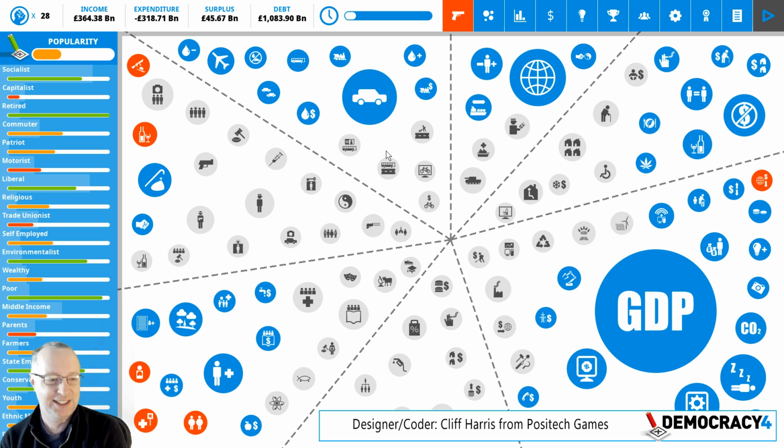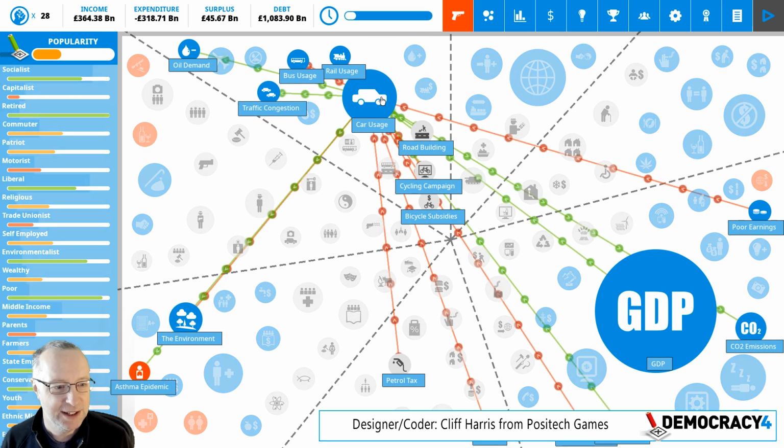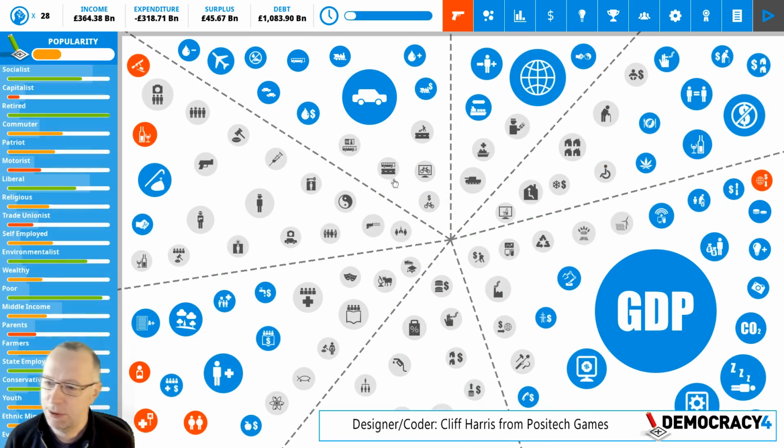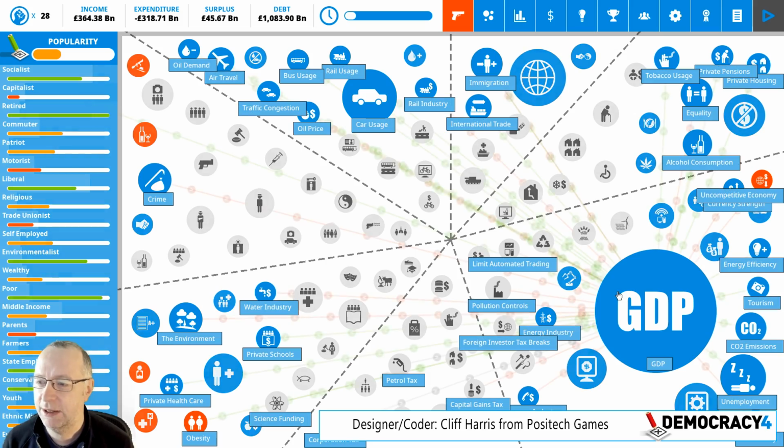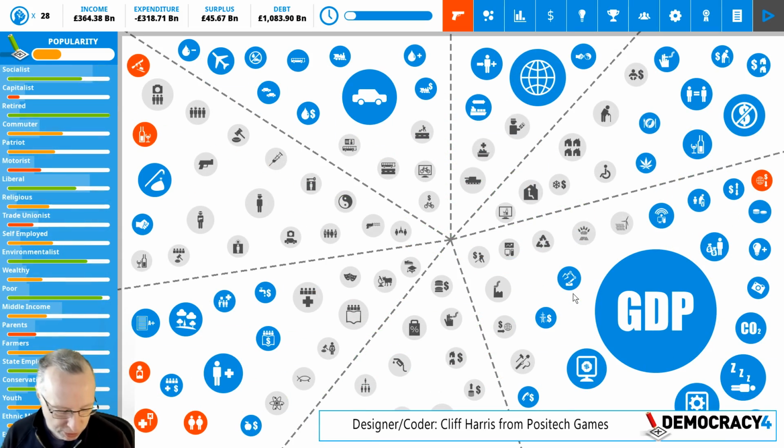This is the second developer blog for Democracy 4, the political strategy game being made by Positech Games, and the first one was very quick. Well, not that quick actually. It was an introduction to, hey, we're making the game, and this is basically what it looks like. I'm going to show you a bit more of that this time, but also I thought